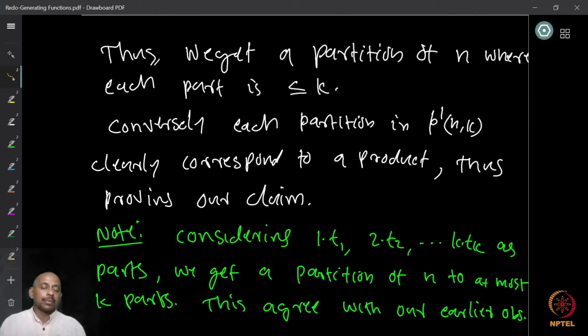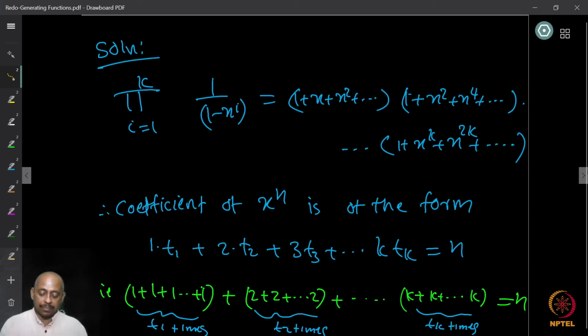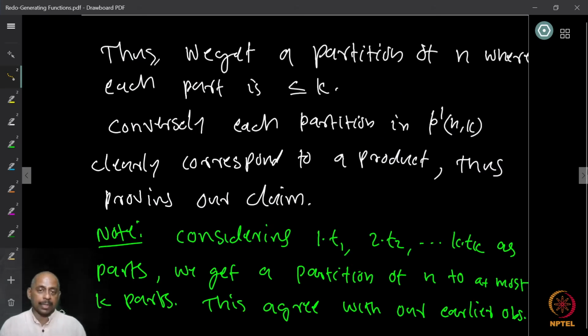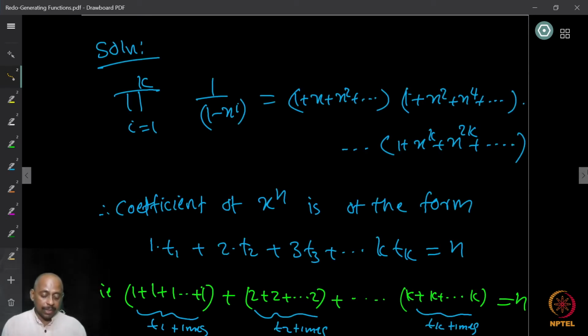Now this is a more interesting part of looking at the generative function. This we observed earlier, but let us put it again. So if you want to look at 1 times T1, 2 times T2, k times Tk as parts, instead of looking at 1, 1, 1, 2, 2, 2, etc. as parts, with value at most k,